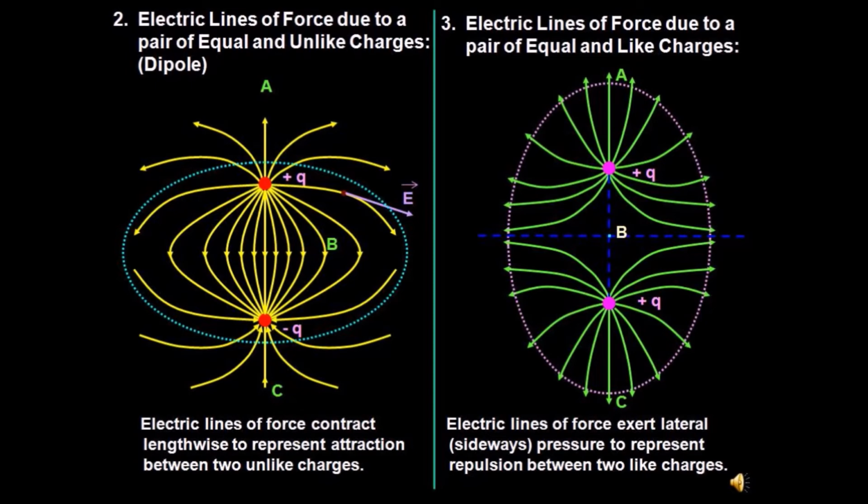So this unit positive charge at C will be repelled from plus Q, so field lines are again outwards. Third, let us assume the unit positive charge at B point, that means in between the two charges. So the unit positive charge will get repelled from both the charges above and below it. So electric field lines are outwards. So they will run away from the center position. This way we have to draw the electric field lines for the given system of charges.